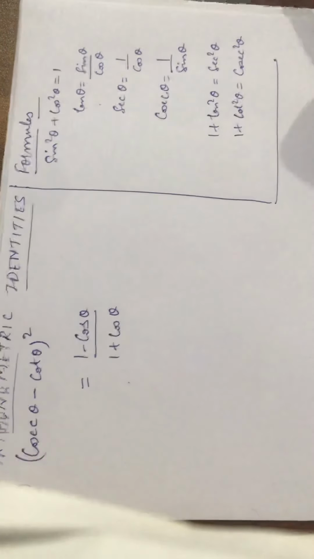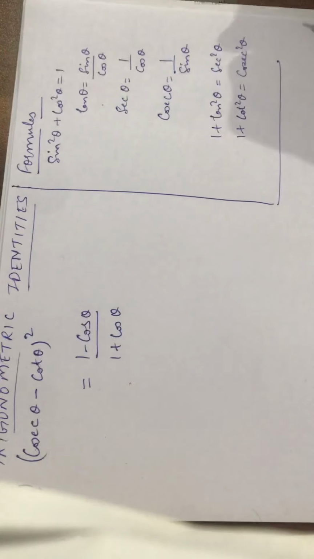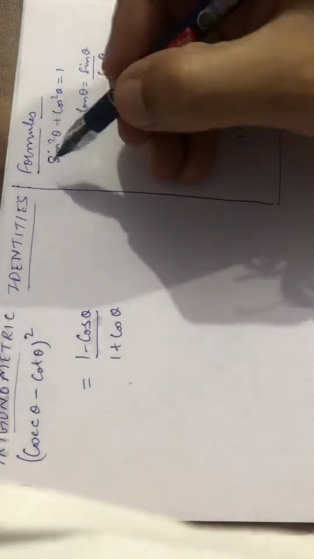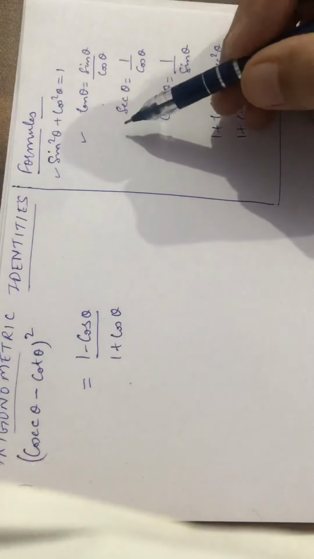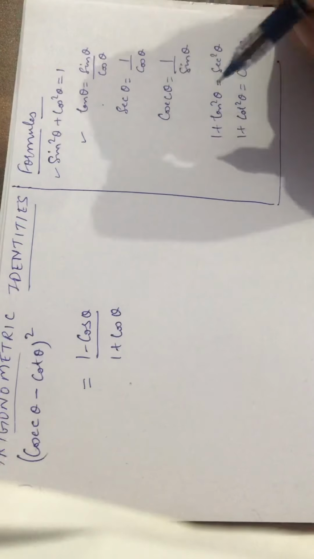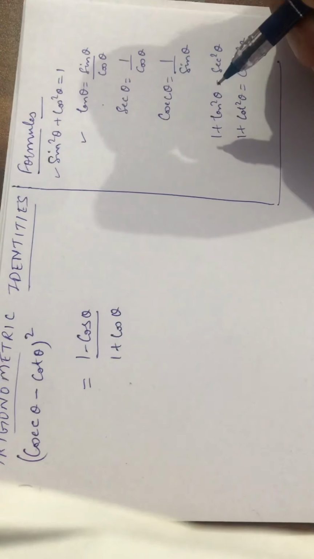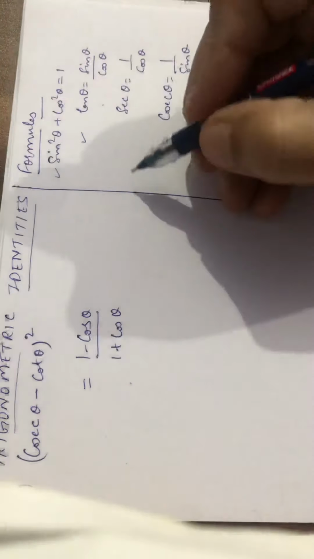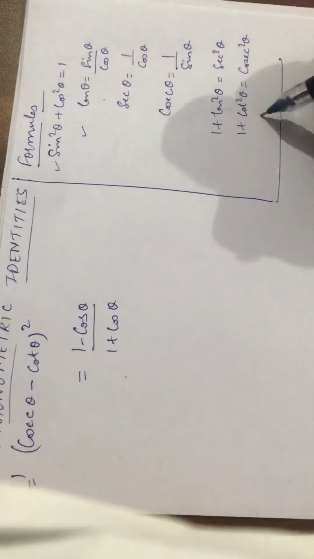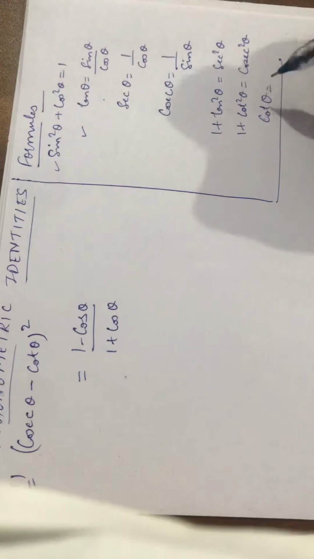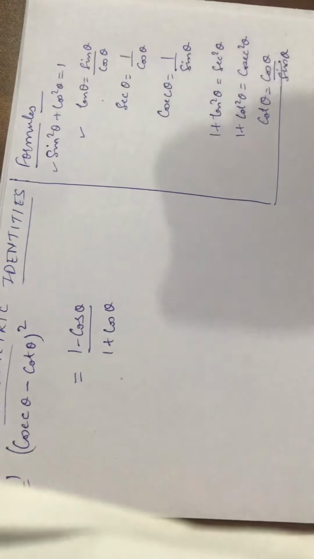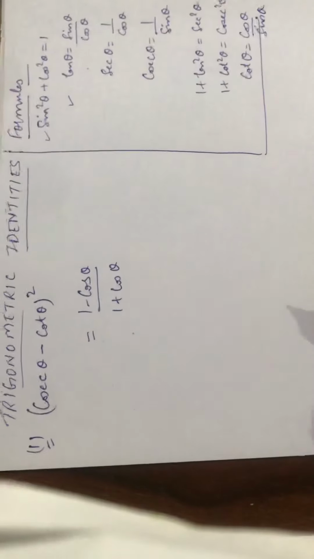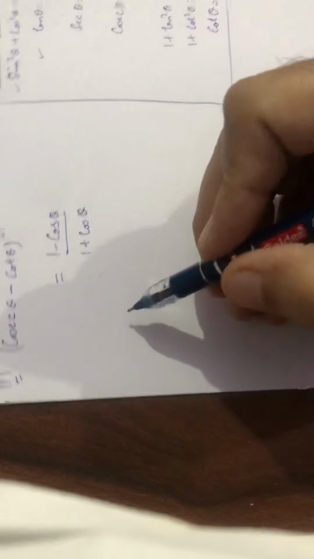Till the time we are using sine, cos and tan, we are comfortable, and the moment we get into sec, cosec and cot, at that time we feel it is very tough. So in this you can write one more formula, which is cot theta equal to cos theta upon sine theta. So let me try to start with a question.